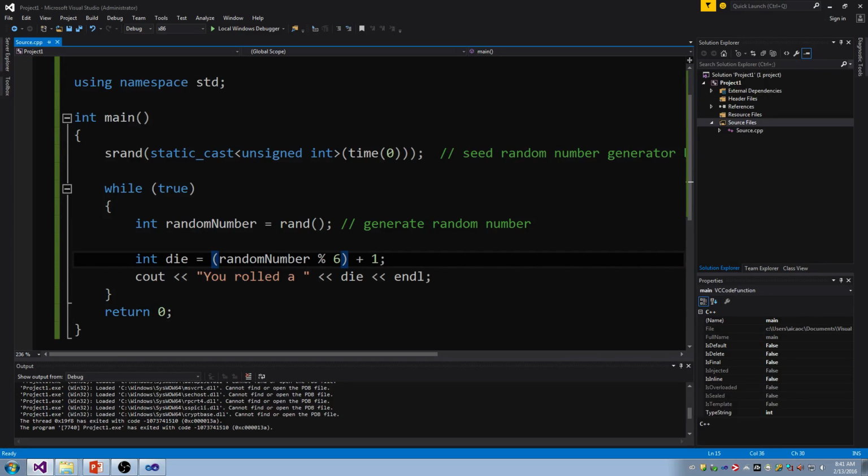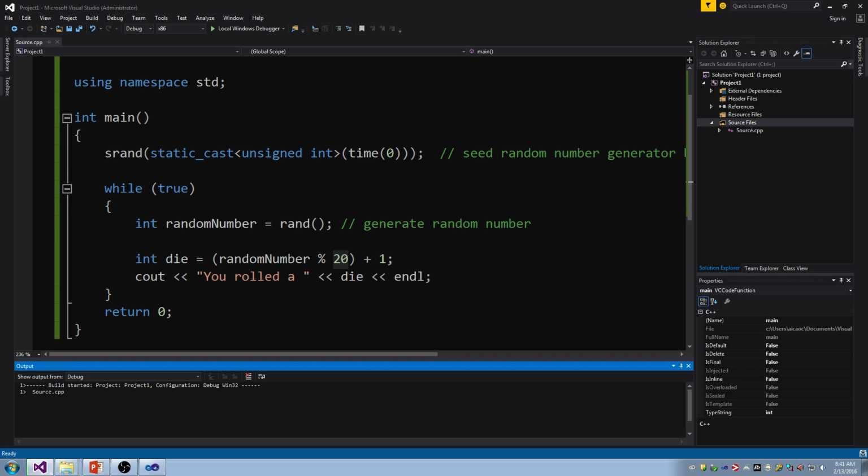Okay. What if I want to roll a random number between 1 and 20? All I have to do is change what this is right here. This is kind of like the magic dice number, the how many sides you want to roll. So if I run this now,